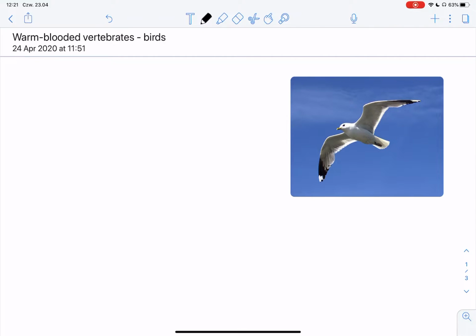They have also mastered the ability of flying, which lets them move quickly for long distances if they need to look for food or for mating partners. So let's start with birds are warm-blooded,